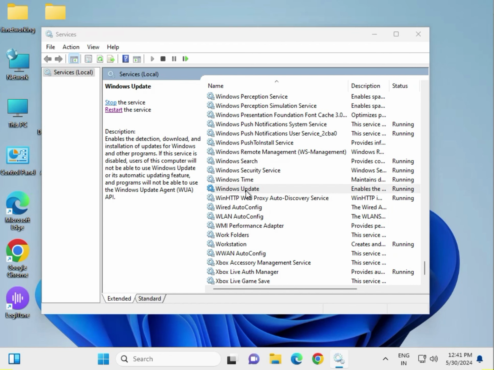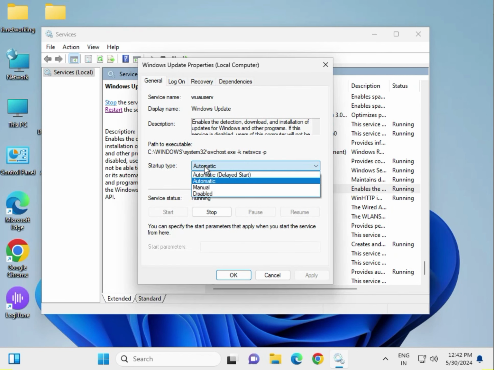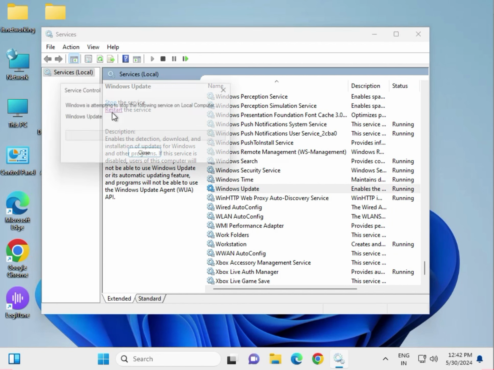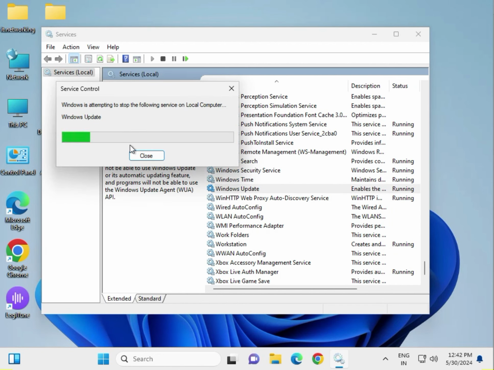Double click to open, and if it is disabled or manual, please select automatic. Okay, then apply, and if it is not started, click on Start, then OK, and then again select the Windows Update and then click on Restart,